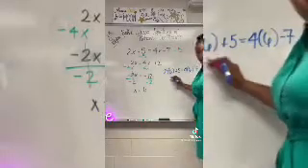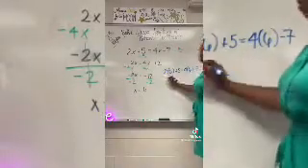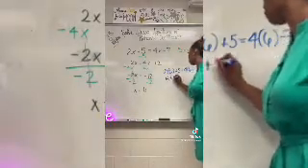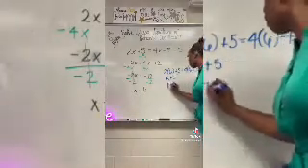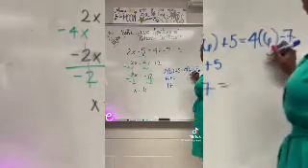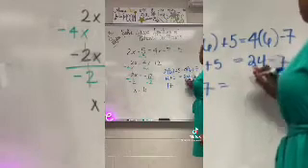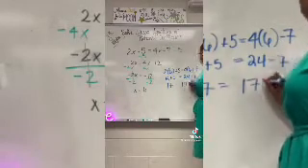Following the order of operations on each side of the equal sign, 2 times 6 is 12 plus 5, which we know is 17, equals 4 times 6, which is 24, minus 7. 24 minus 7 is also 17. So we know that our